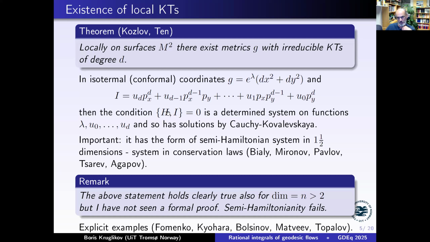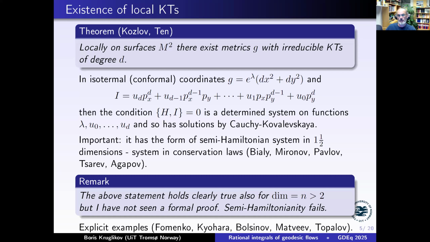So h is quadratic in momenta, I is of degree d in momenta, therefore the Poisson bracket has degree d plus 1 in momenta, and it has d plus 2 coefficients, and there are precisely d plus 2 unknowns. So it is actually a determined system. One has to check that some determinant is not zero, but it's determined and can be written in Cauchy-Kovalevskaya form. Actually, a stronger story is true: it has the form of so-called semi-Hamiltonian systems in 1.5 dimension,